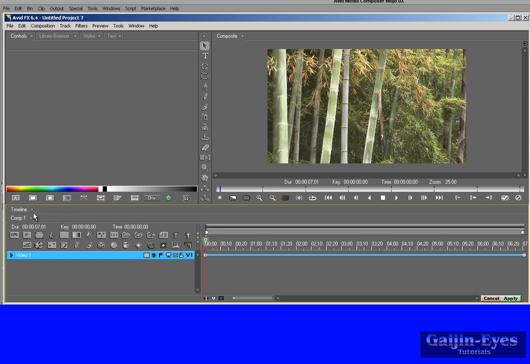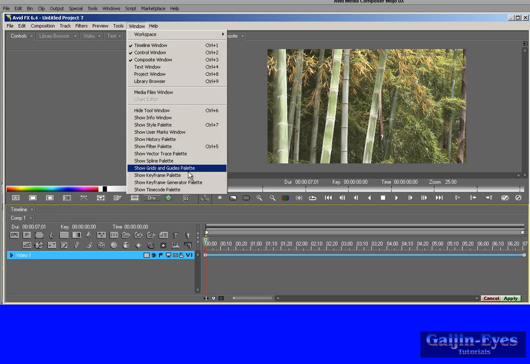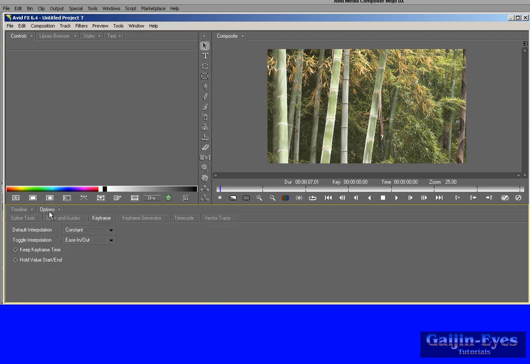Now I prefer having the Options tab alongside the Timeline tab, and to do that I must make sure the timeline window is active. In other words, it should have a thin yellow frame around it. If I click up here on the Controls panel, you'll see that the yellow frame moves to the Control panel, showing that it's active. So I need the timeline active. Then I go up to Window and down to Show Keyframe Palette. When I click on that, the Options tab will appear here, and it will already be open on the Keyframe